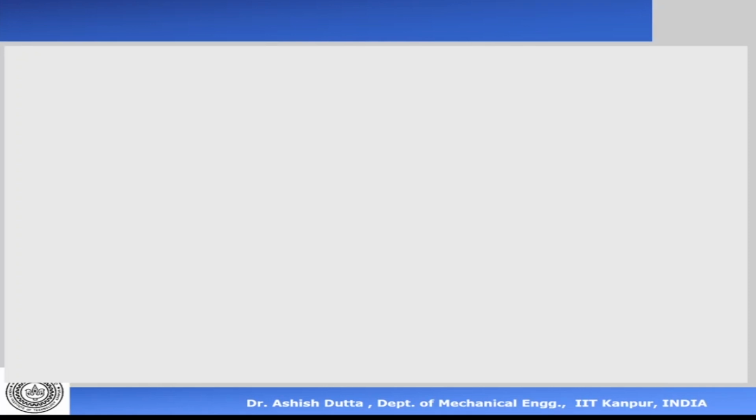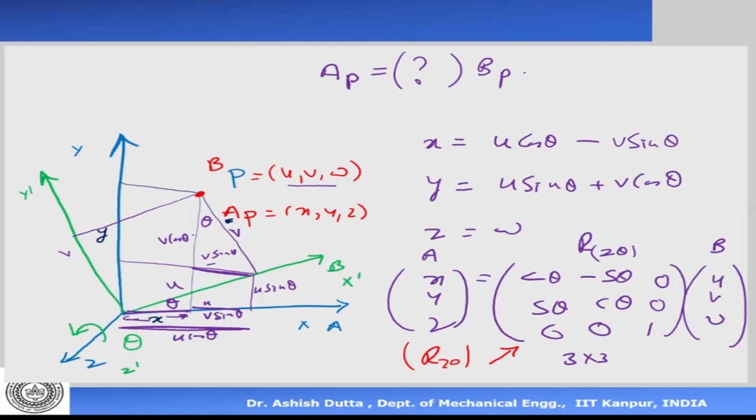We need to do a few problems so that it becomes clear what we are trying to do here. As I said in the previous class, please definitely derive this matrix by yourself. There is nothing difficult about it. We are normally rotating about the z-axis only, so we don't have to worry about the others. It's a very simple matrix: cos, minus sine, sine, cos, and you can derive it in a matter of a few seconds. If you derive it once, you're not going to forget it, and there is no need to learn it by heart.